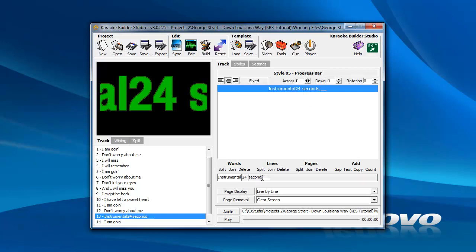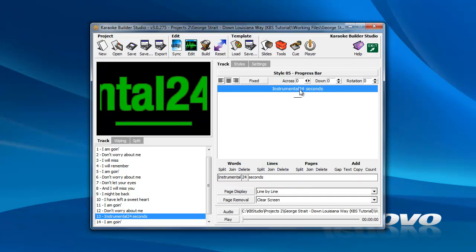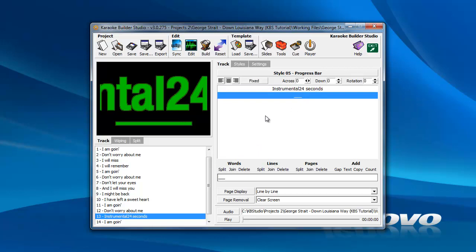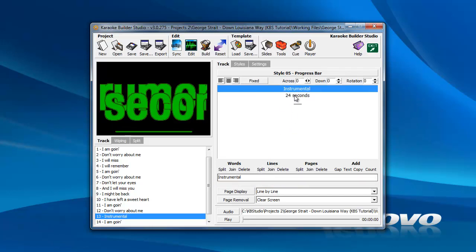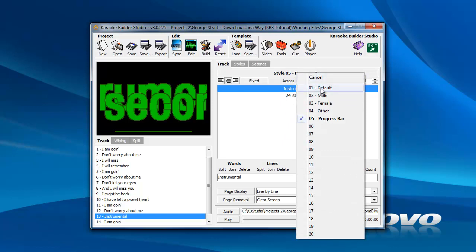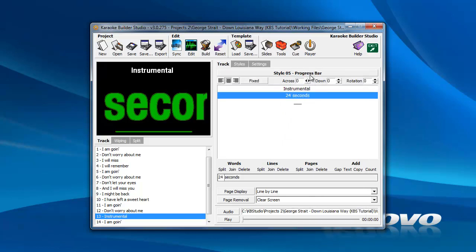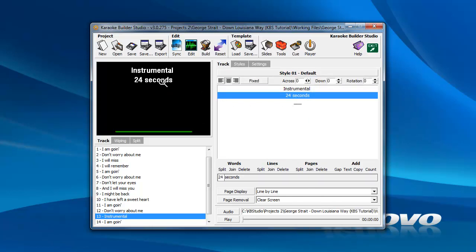Now we need to create this as a separate line, so we'll split this as well. Now we'll split it as a line. Okay, so now we have a line of text and we have our split progress bar. Between there we're going to split that into another line. Okay, now to set it to default, which picks up